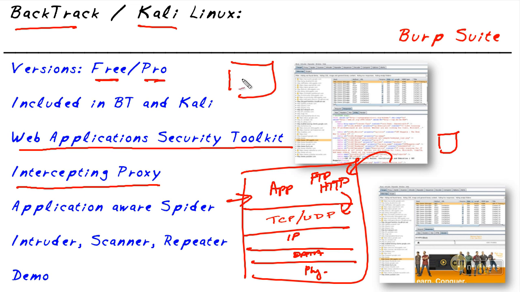So here's our Backtrack machine, or it could be Kali, either way. And we're going to run Burp Suite. So we launch it here, and it's a proxy. Now, what does a proxy do for a living? A proxy takes requests from clients and forwards them onto their final destination. So what we do is we run Burp Suite right here on our Backtrack system, and then we open up